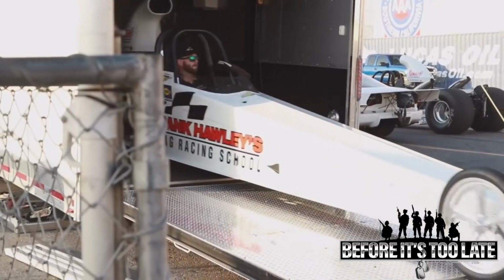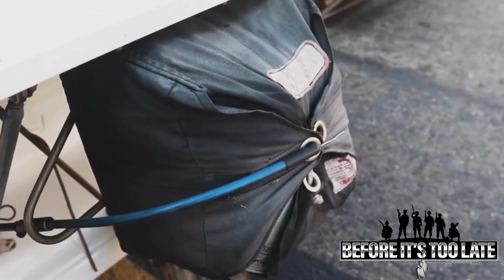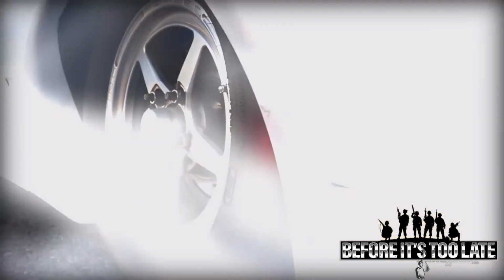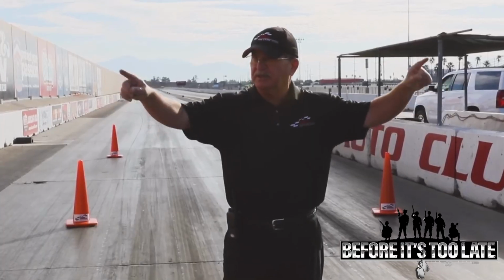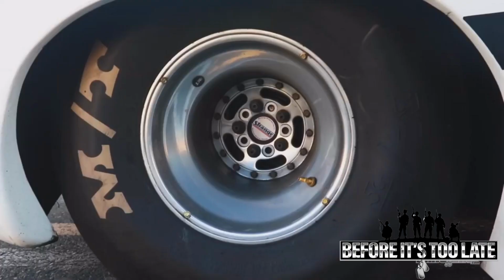Now, it's easy to think that your street car is fast, but you don't know what fast is until you've driven a purpose-built race car. So recently I had an opportunity to go to the Frank Hawley Drag Racing School, where I earned my NHRA driver's license. The center of the Frank Hawley Drag School is, of course, Frank Hawley himself, who is rated as